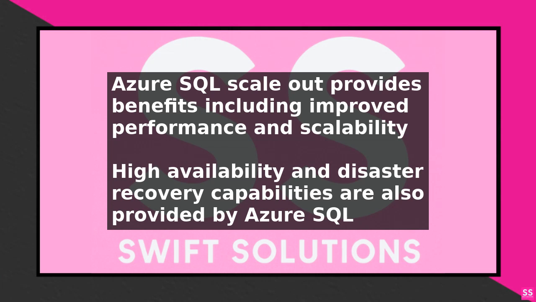To get started with Azure SQL Scale-Out, you need to create a shard map, which is a database that contains information about the shards and how they are mapped to the shard key. You can then use the Elastic Database Client library to connect to the shard map and access the data in